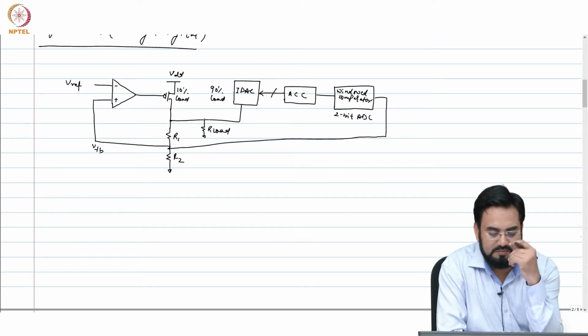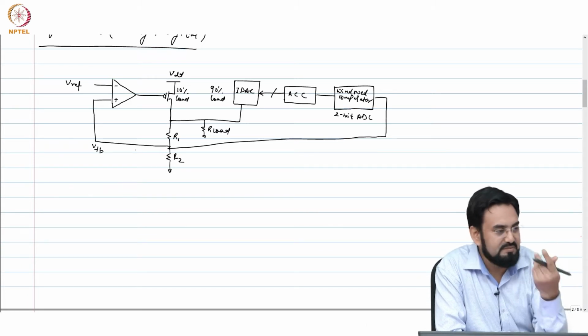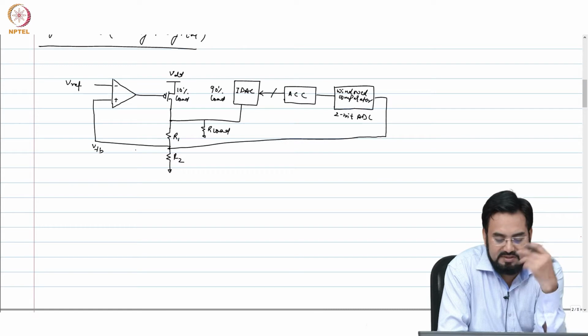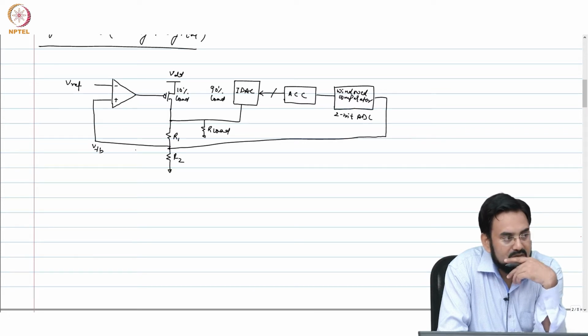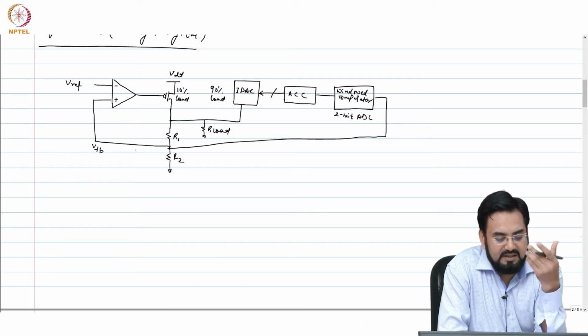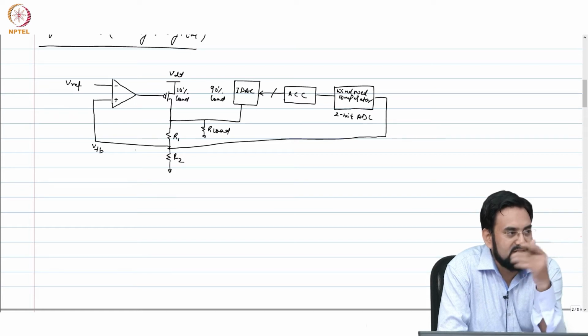So, how will you decide when to, now you have two loops, they may start fighting with each other. So, how do you decide when to increase or decrease the code for digital? How will you decide that? The current from IDAC reaches above a particular limit, then you can give it. Current, which current? IDAC current when it reaches above a particular limit. No, IDAC current is fixed. You have fixed current, you are just turning on and off those current. You have to sense the load current.